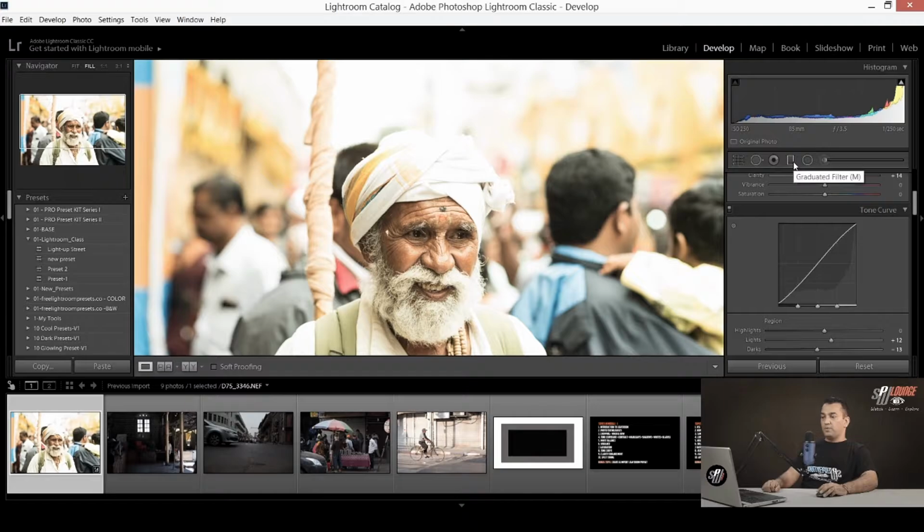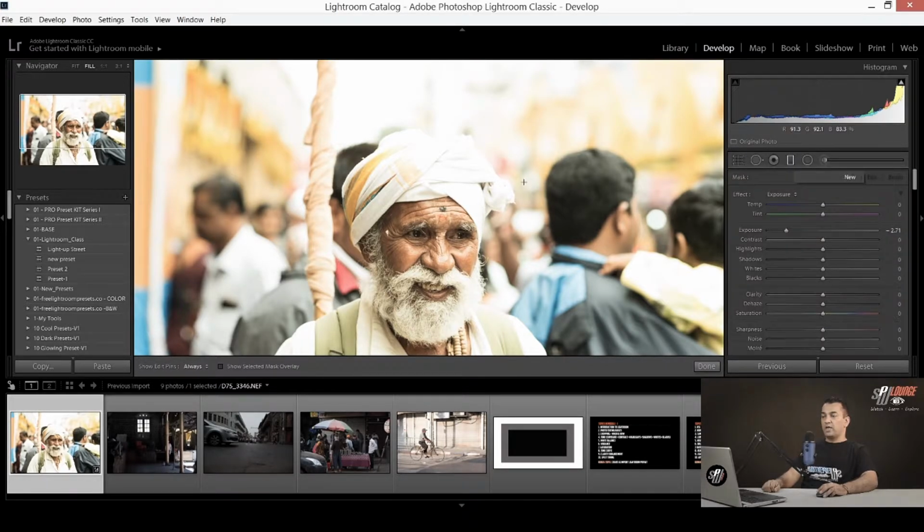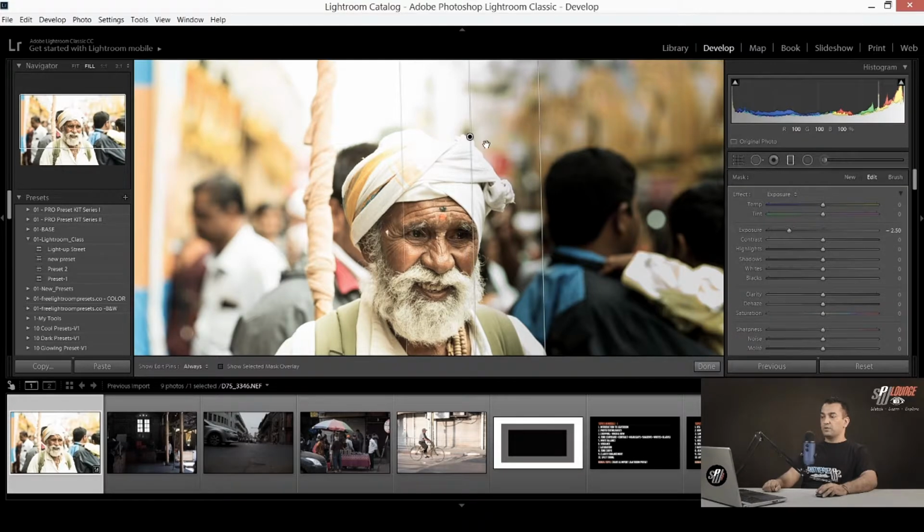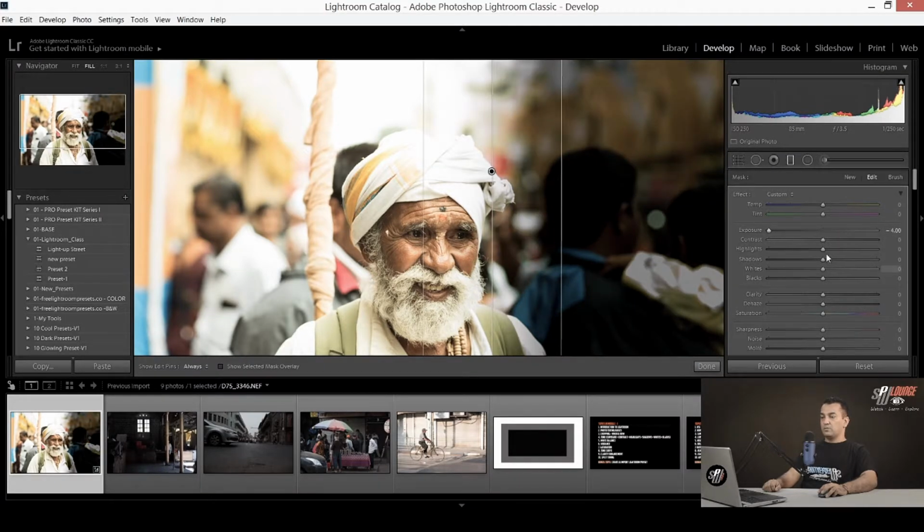And there is one more thing about it. If you add any filter here, like the graduated filter, I just added more on the dark side. I'm just adding a filter to give you an example of how the filter works in Lightroom. I'll make it darker, and I'll adjust the highlights also.